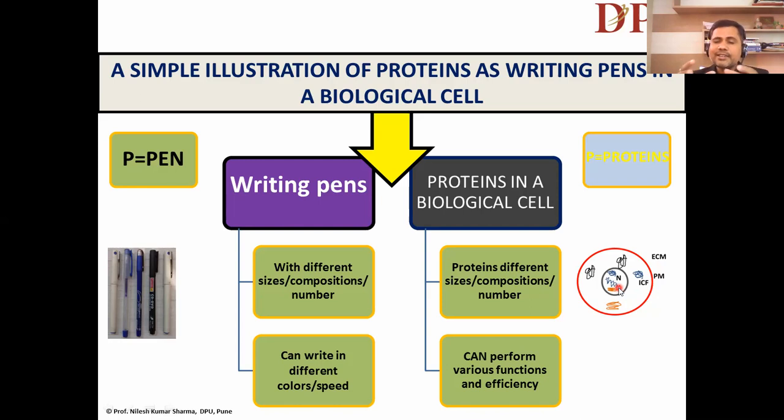And these proteins, in the different compartments of the cell, have different efficiencies in the way they work, and that is why I thought it is a very interesting illustration between writing pens and proteins in terms of differences in their ability to perform functions, like different colors in the cell, you can say different metabolic activities, etc. All right. Another very interesting point is